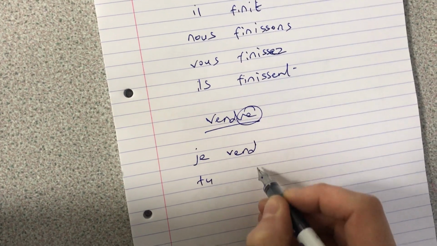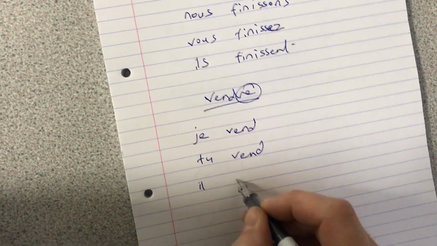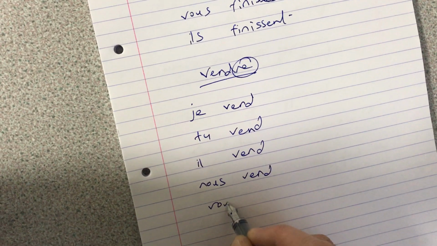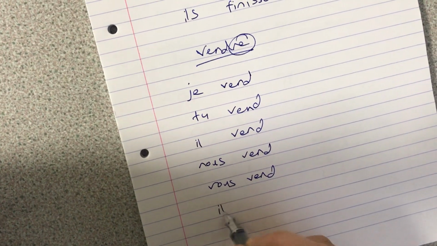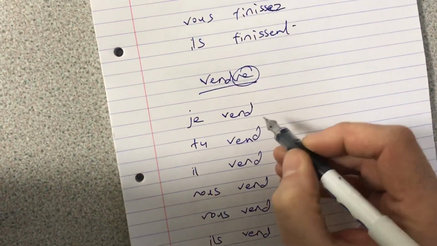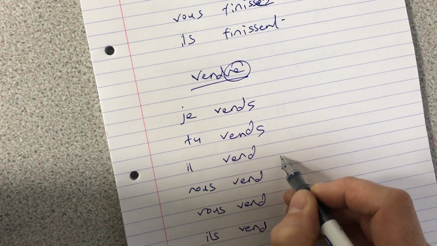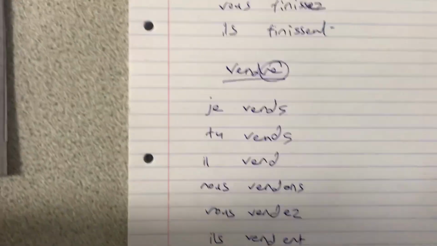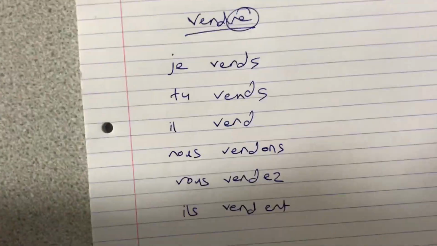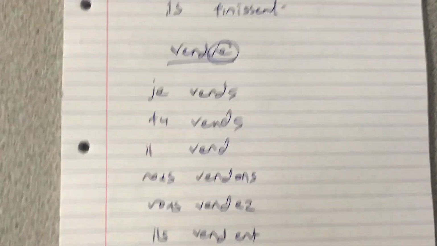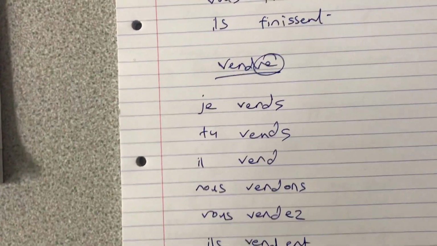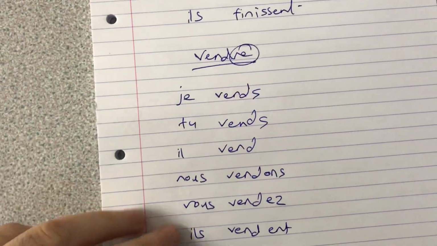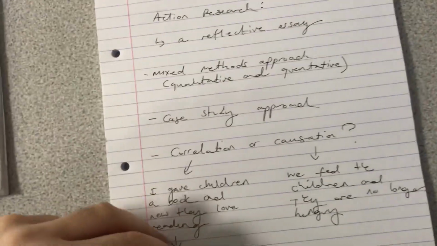So, je vends, tu vends, il vend, nous vendons, vous vendez. So, S, S, nothing, ONS, EZ, ENT, just like ER verbs. So you've got je vends, tu vends, il vend, nous vendons, vous vendez, ils vendent. And that is the present tense. Easy enough. Let's move on to